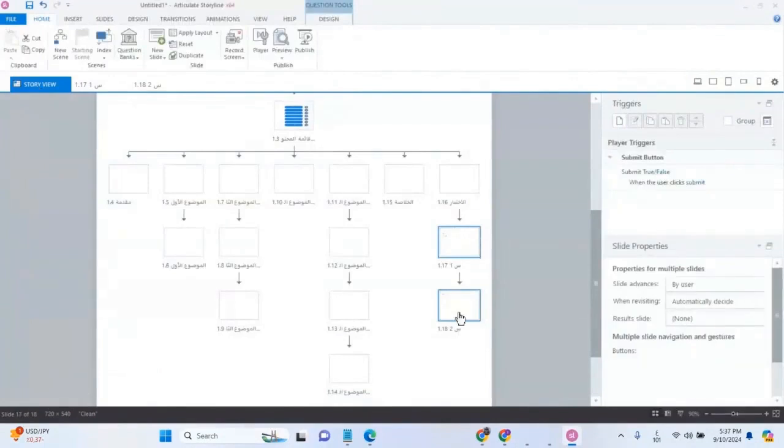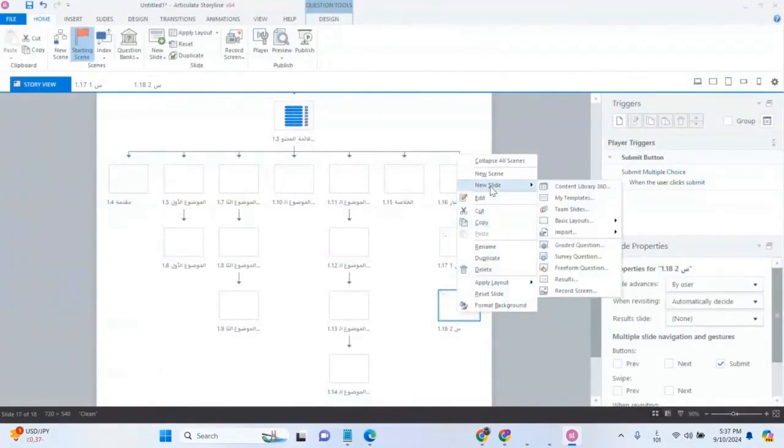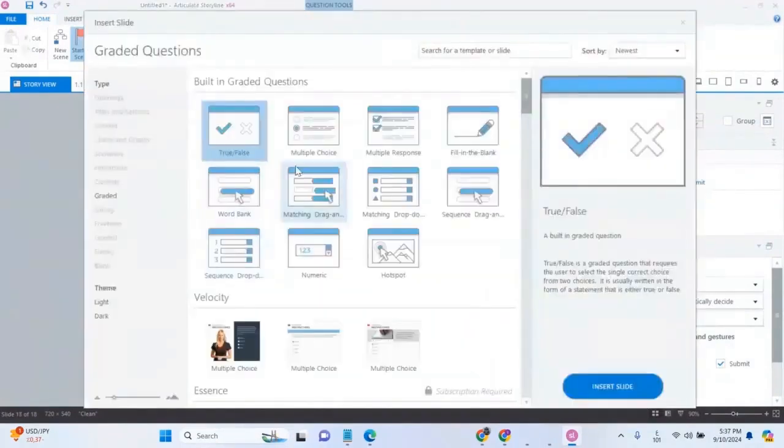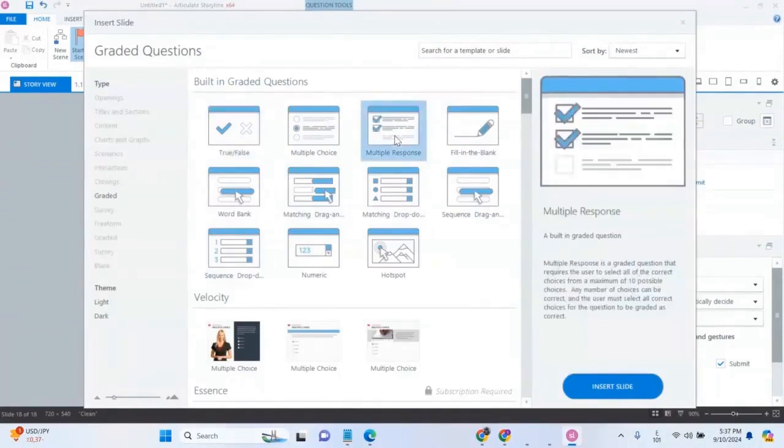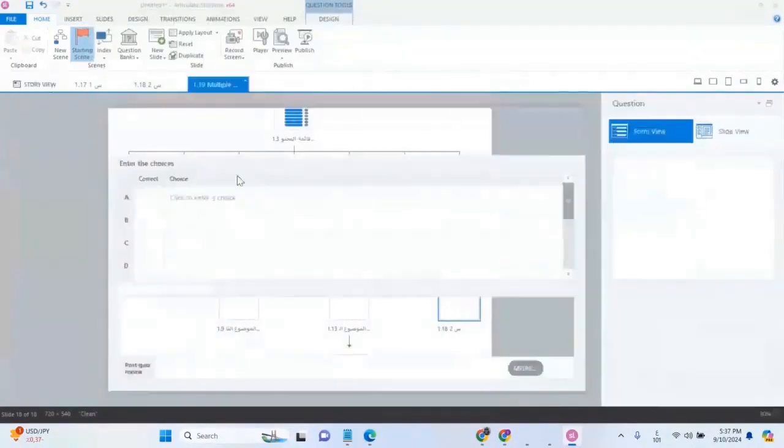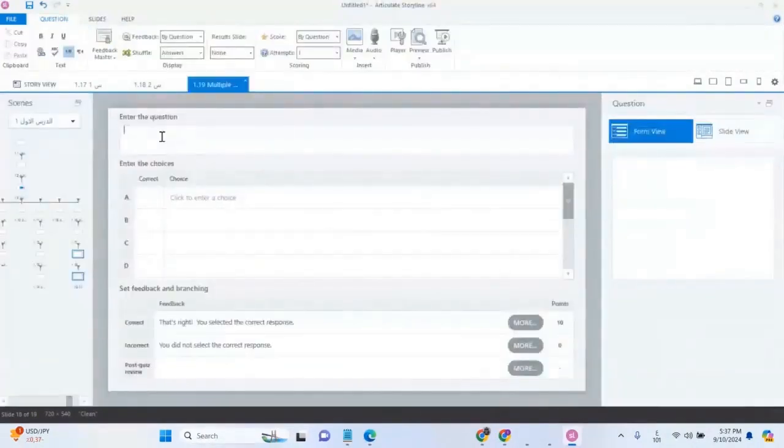For a third question, click New Slide, Graded Question, and choose multiple choices. Insert and call it X3. Each question is labeled X3, indicating multiple answers. I have 1 true false, 2 single answer, and 3 multiple answer questions. To add a 4th true false and a 5th multiple choice, you can add 10, 20, 30, or even 100